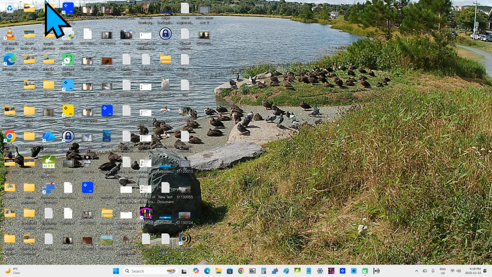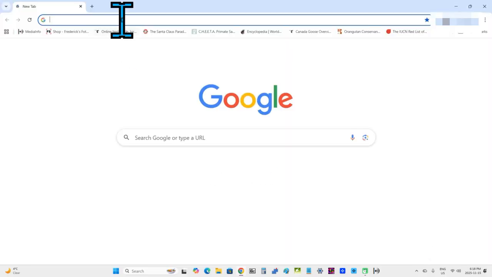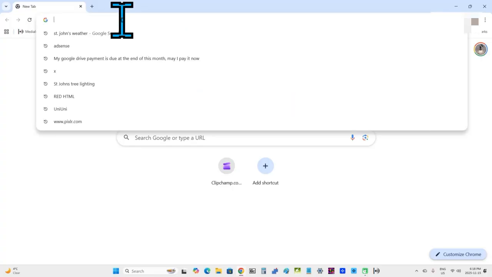Hey everybody, in this video I'm going to demonstrate adding the burn transition to video clips in Clipchamp. Okay, you can see this is my wallpaper here of some pigeons and ducks near the pond. But now I'm simply going to move the mouse pointer down and click this Google Chrome icon that's here on my taskbar. And I'm going to enter in the address bar